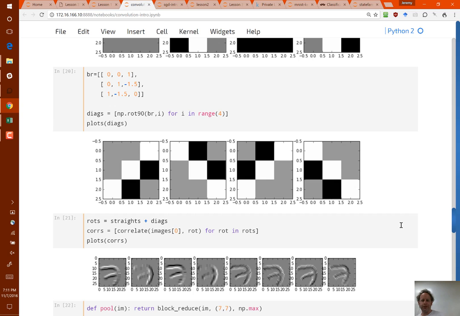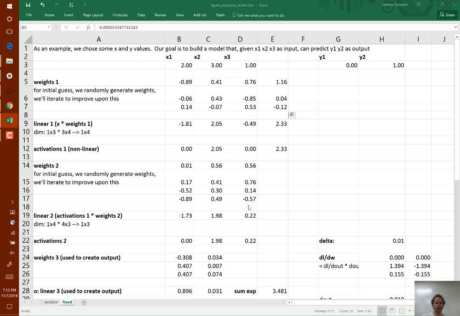So something will be available. There'll be a spreadsheet. Are the filters the layers? Yes, they are. So this is something we're spending a lot of time looking at: simple little convolution